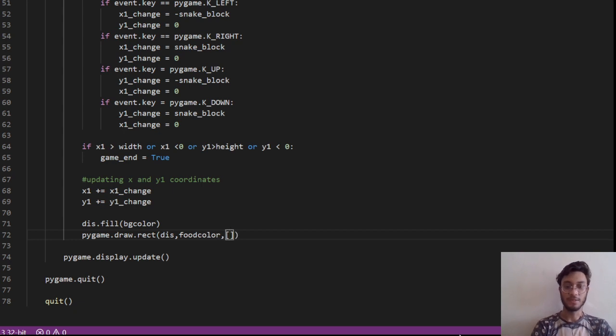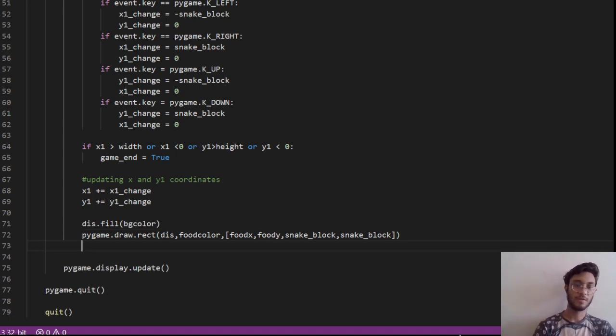Food position: remember that food x and food y are the coordinates of the food. Food x and food y, block and snake block. In this way, we are going to set the initial position of the food.